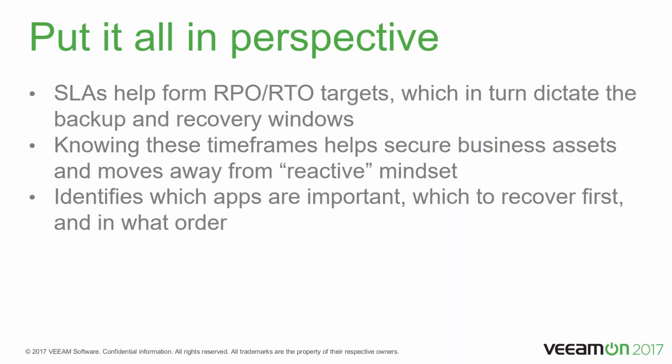So this helps us really do accurate testing. It helps us from being reactive when things happen, and it also helps us tier our apps. So not all business services are the same. Your ERP and your instant messaging service are not the same level of importance. So understanding what's a tier 1, a tier 2, a tier 3 application is going to help you adjust those